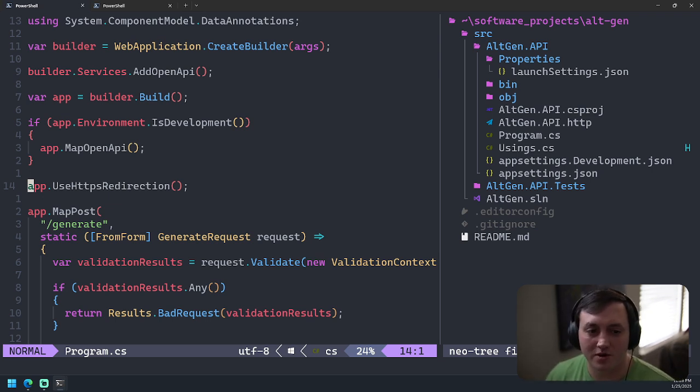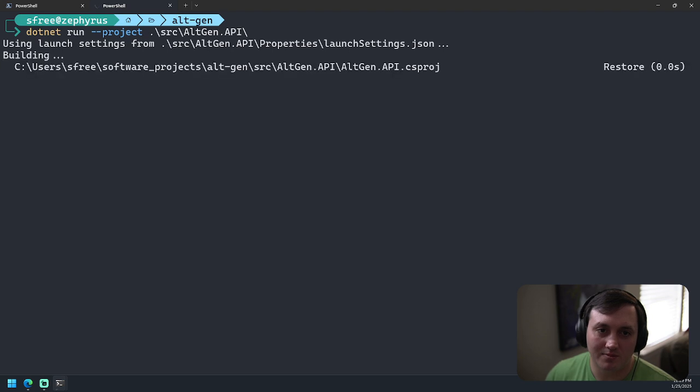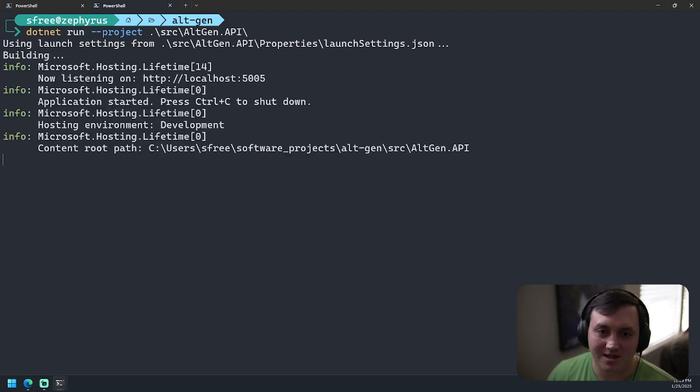If you've ever worked with minimal API before, you'll know that it comes with this call to UseHttpsRedirection, which is great. But you might find the first time you start your API up that the application is only listening on HTTP and not HTTPS.